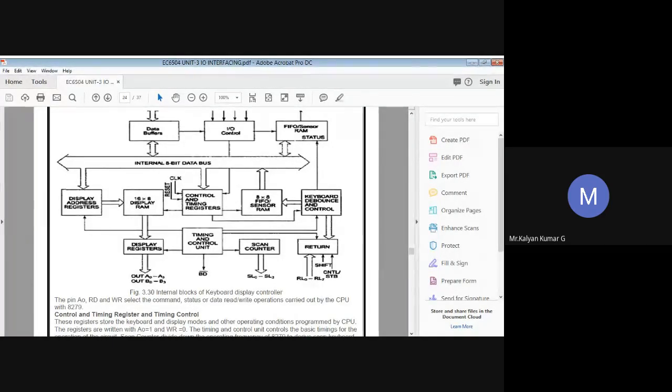Normally this keyboard and debounce control mode can be enabled only when a scanned keyboard mode is selected. So only for that particular mode this can be enabled. In the scanned keyboard mode, the return lines usually will be scanned. They'll check for any key closures in a particular row. Suppose the debounce circuit detects a switch closure, then normally it waits about 10 milliseconds to check if the switch remains closed or not.